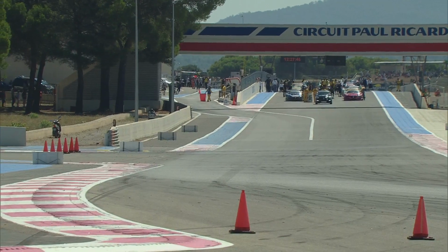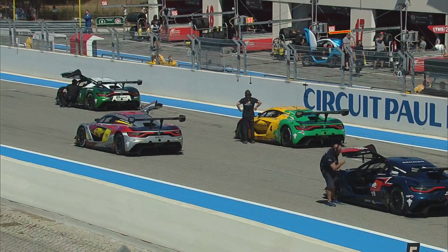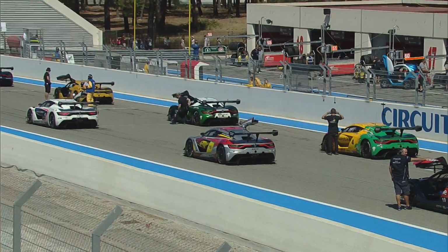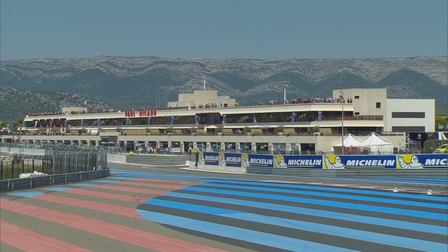A brief glimpse there of Nelson Panciatici, who is new to Renault Sport Trophy action. Oh, he's not new to Joe. Graham shakes his head. No, he's definitely raced in this before. Has he? Okay. He has. Beg your pardon. Early part of the season. Well, he's back for a bit more then, therefore,